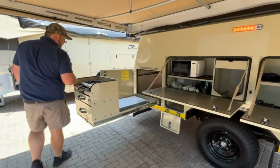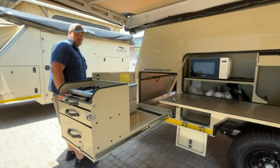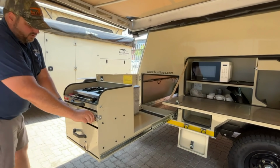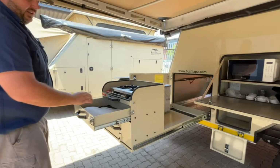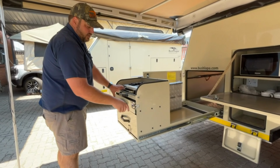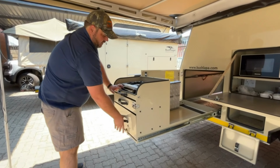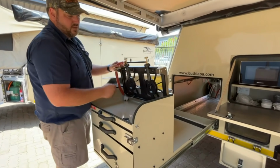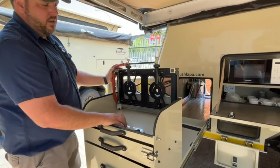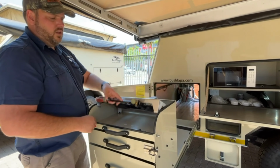Fridge drawer takes up to a 90-liter National Luna or the 82-liter Snowmaster, the double door. You've got your cutlery drawer. These are the flaps for the back doors, just as a gutter system. So cutlery drawer at the top and then pots and pan drawer at the bottom. For those that did not know, stove lifts up so you can clean underneath. You can put foil in here just to help catch any debris falling in and take away the foil